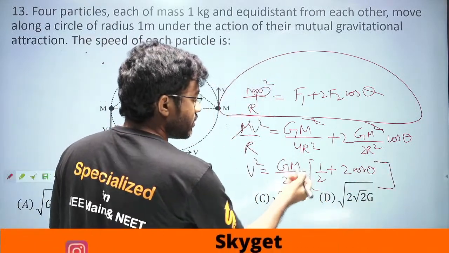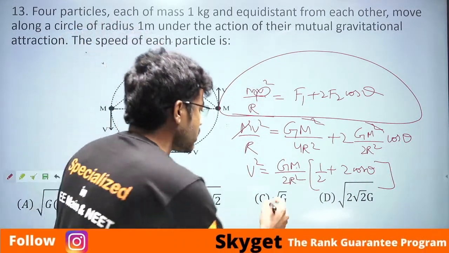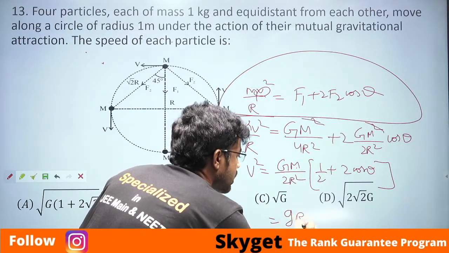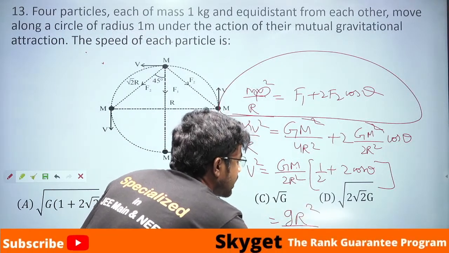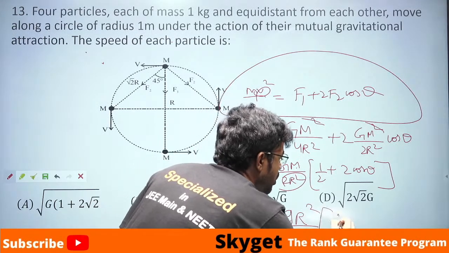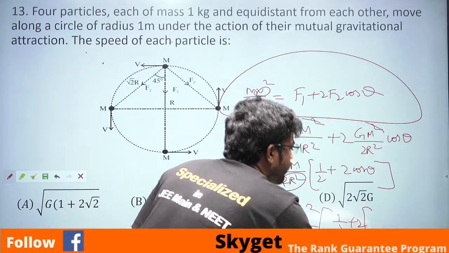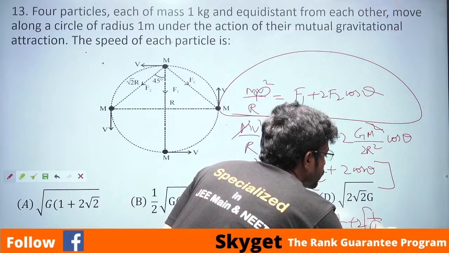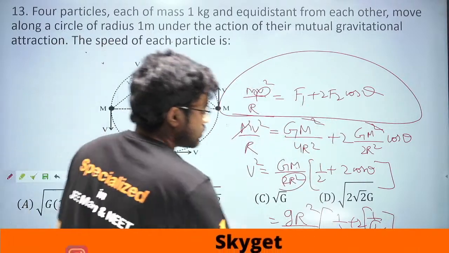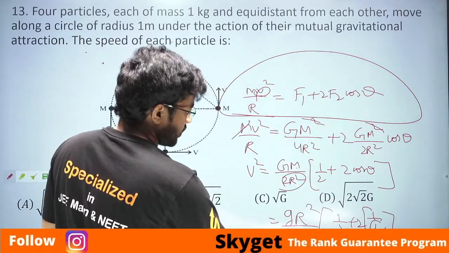So here you can write GM is equal to small g into R square. So you can write small g into R square by 2 into capital R square, into 1 by 2 plus 2 into cos 45, which is obviously 1 by root 2. So from this equation,